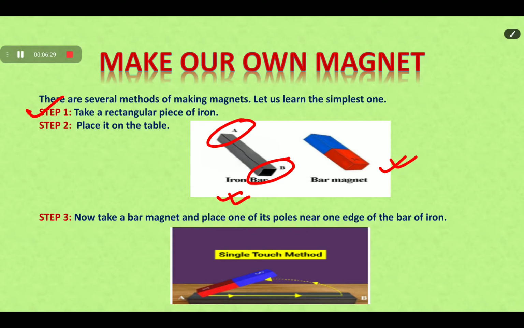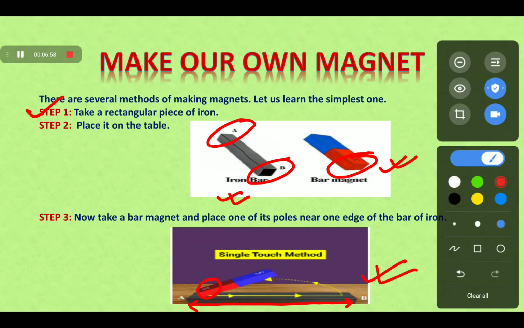Now, in the third step, we have to place one pole of the bar magnet near one edge of the iron bar. As you can see in the image, we place one pole of this bar magnet at one edge of this iron bar.